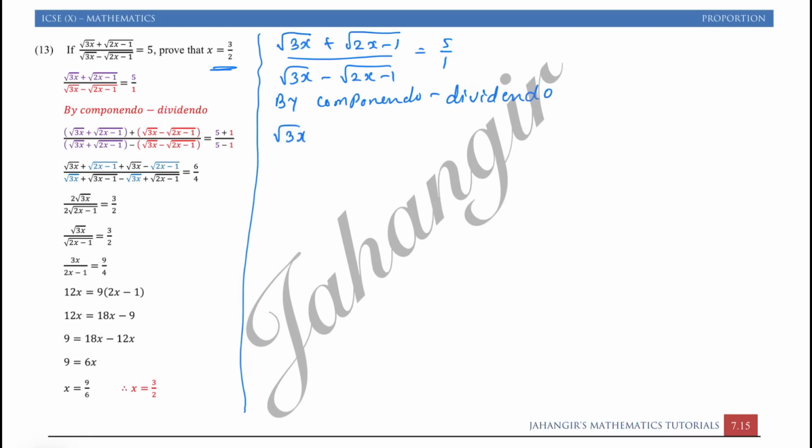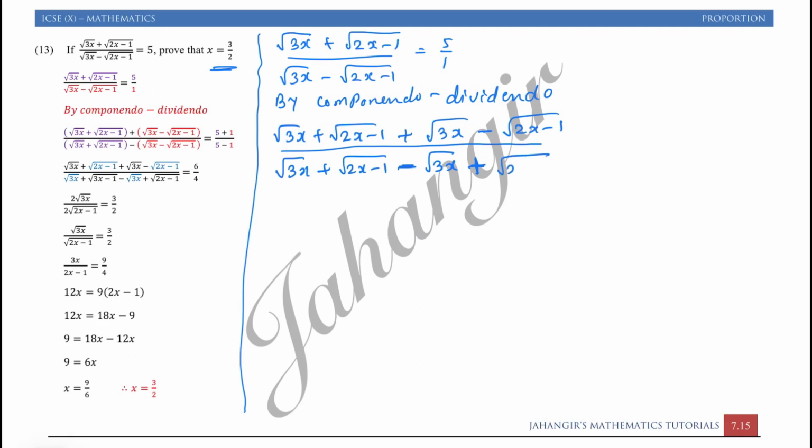Numerator, that is root of 3x plus root of 2x minus 1 plus root of 3x minus root of 2x minus 1, upon root of 3x plus root of 2x minus 1. When you are taking minus over here, the next sign will change. This minus and again minus will change to plus. Hope you understood now. We did many sums based on this pattern. 5 plus 1 upon 5 minus 1. These two terms will get cancelled, as you see, it has plus minus. Now what we will get,